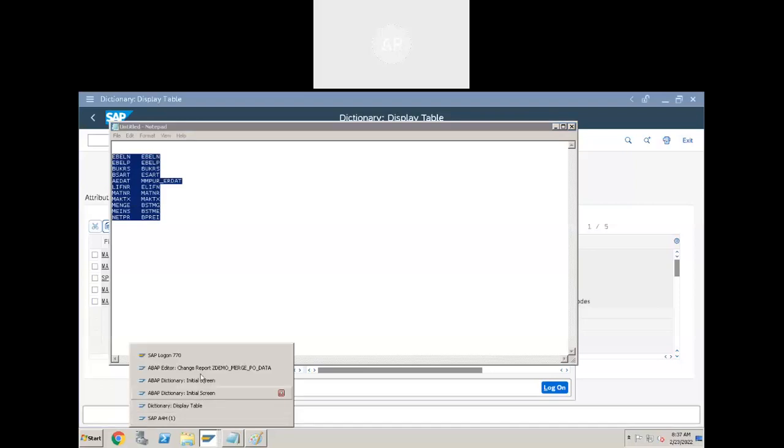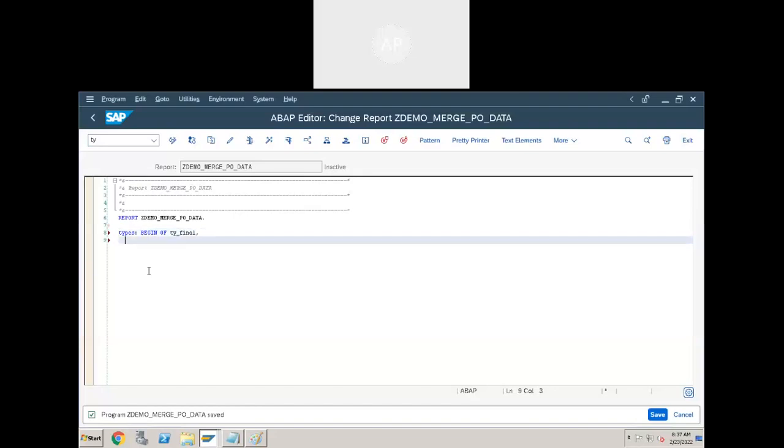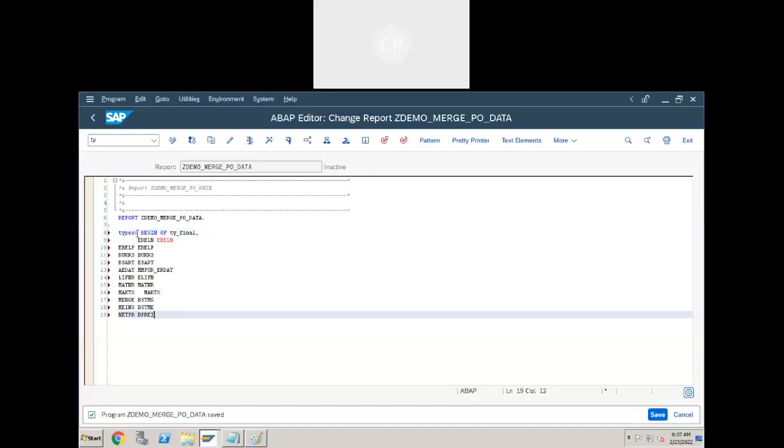Let's go to the program. So these are the list of fields.